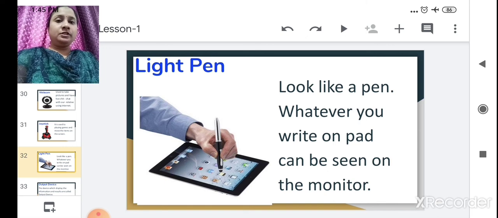Today we saw only input devices: microphone, scanner, webcam, joystick and light pen. In the next lecture we will learn about output devices as well as software. Till then, revise all the things we have learned today. We will see you in the next class.